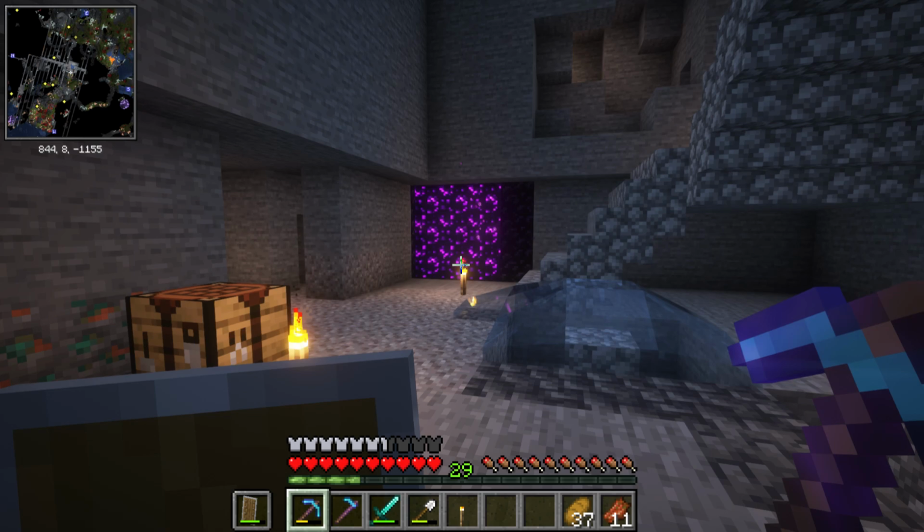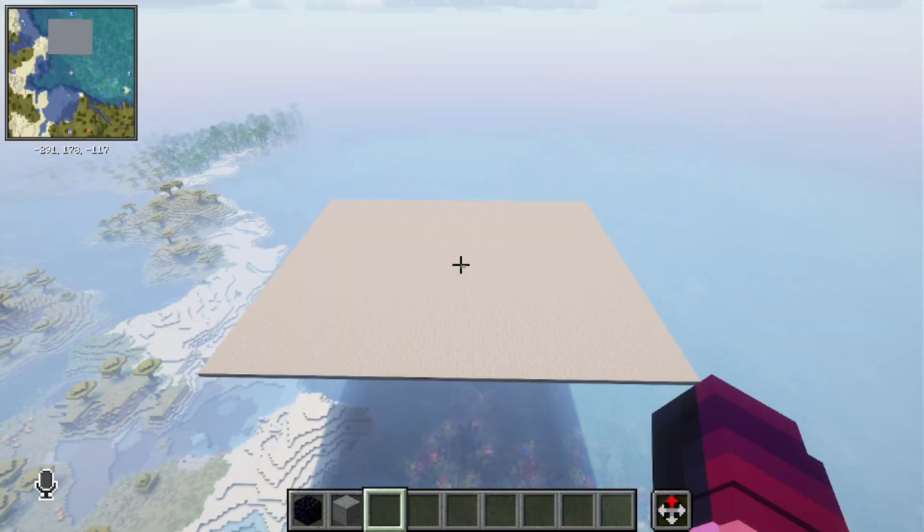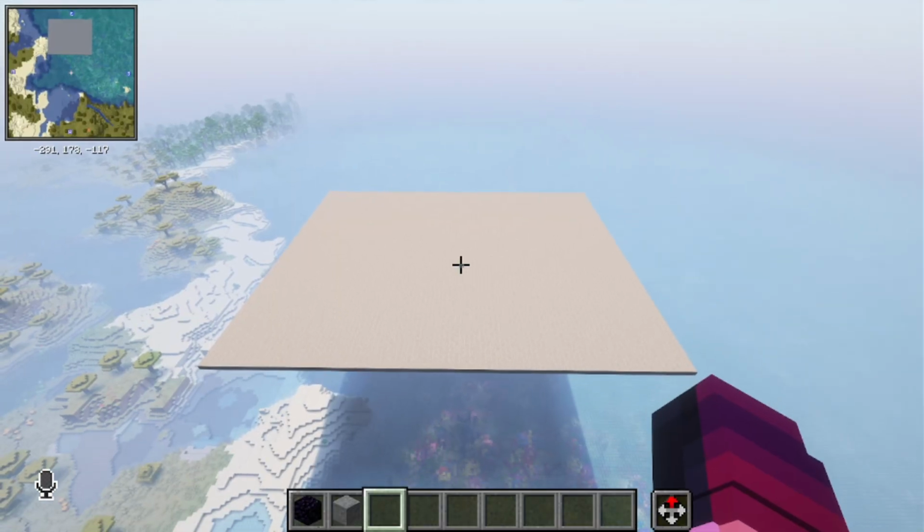On the neighborhood SMP, I am taking the nether portal that I built and putting it at world spawn while also needing to make it look cool, because this is like some kind of base that people will use on a day-to-day basis. And as you can see here, I have a place set up to build one. We're allowed to use Litematica for schematics, so I thought, you know what, why don't I just make it in